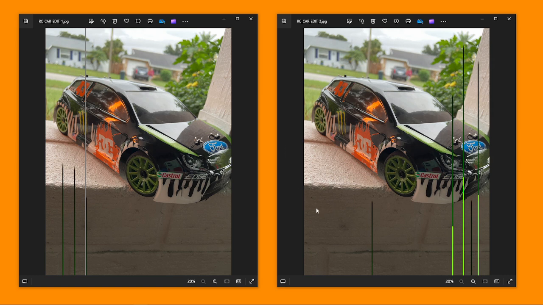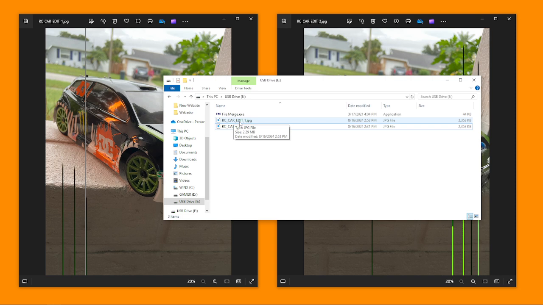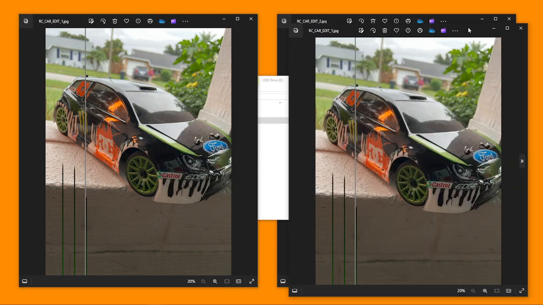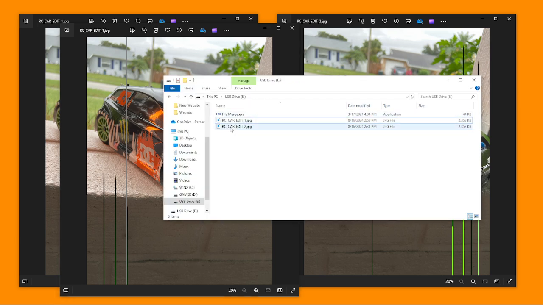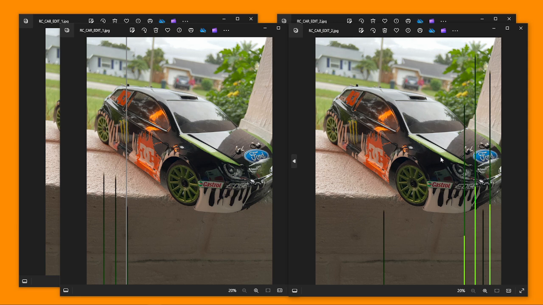So let's begin. So I have here race car edit 1. You can see the damage here in the picture from the unreadable sectors, and then we have RC car edit 2, which is on the right hand side, that has damage here as well. So what we do,